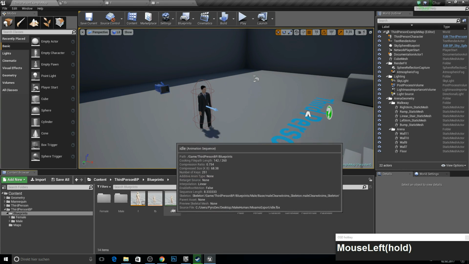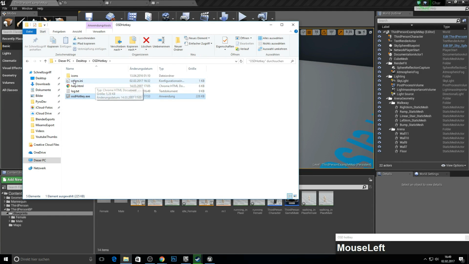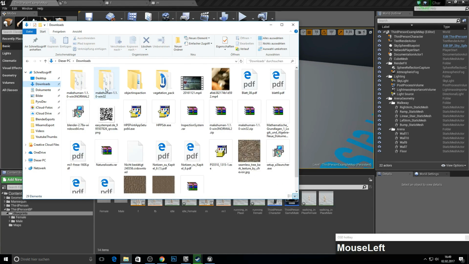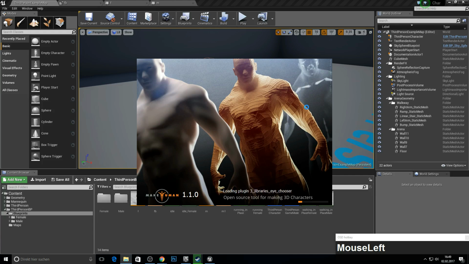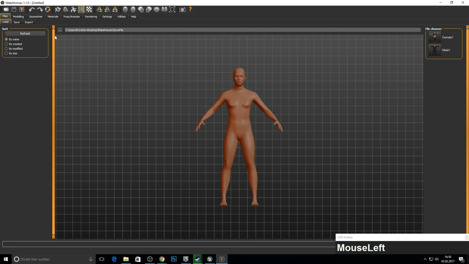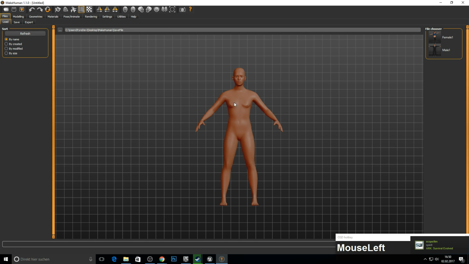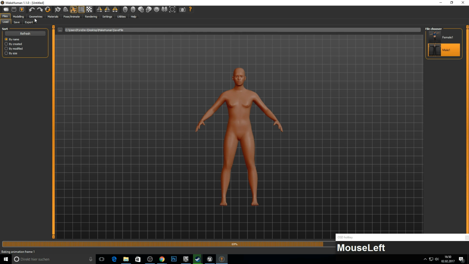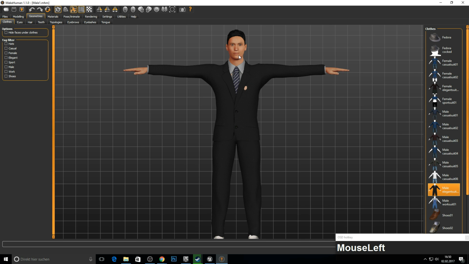This is finished. Okay, so next up we want to actually change the clothes. So for this we open up MakeHuman. Go into your downloads or wherever you put it, open up MakeHuman, and here press yes and go to files, load, and search your save file where you saved your characters from the last video. Pick the male one, and once it finished loading, click on modeling or geometries and change